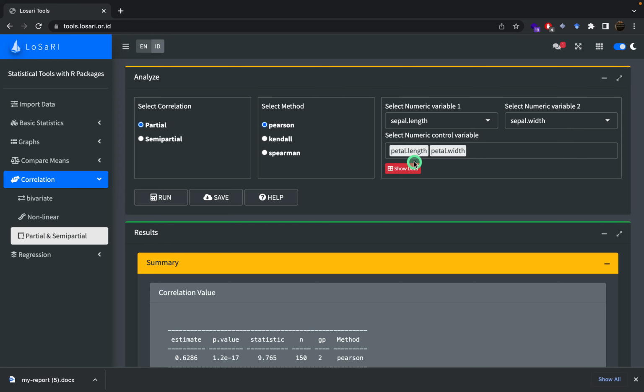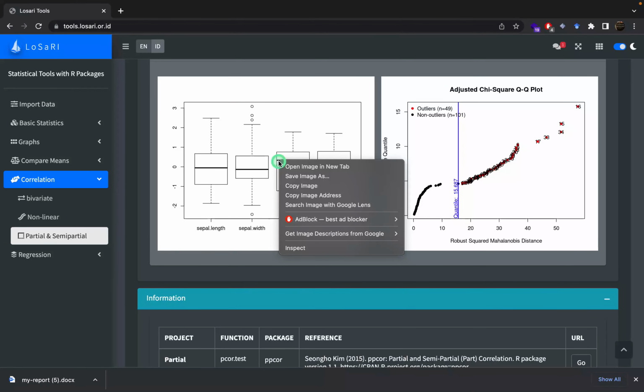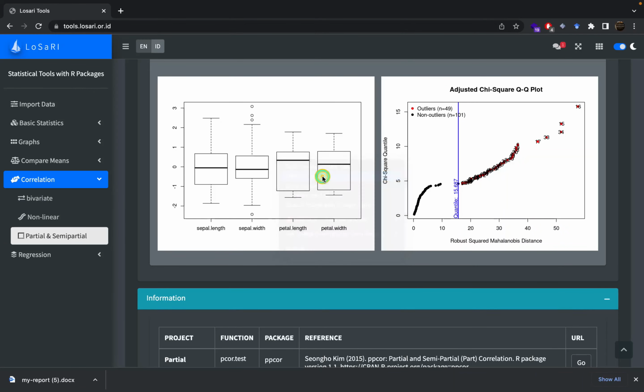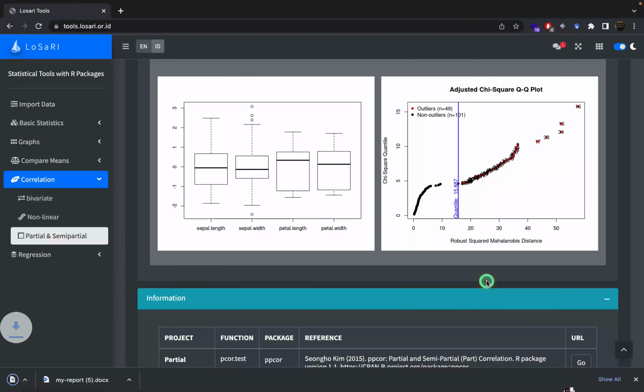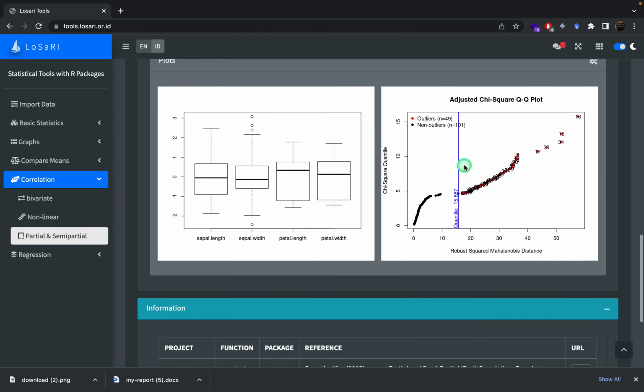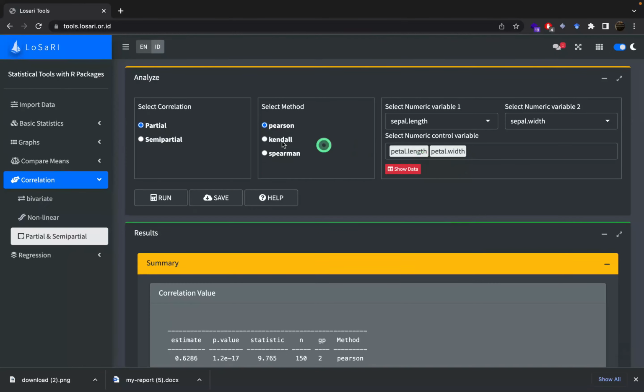To save the plot, please place your cursor over the graph, then right click and select Save Image. After that, click Save. Then the plot will be downloaded. Okay, that's the steps for using partial correlation analysis with the Pearson method.